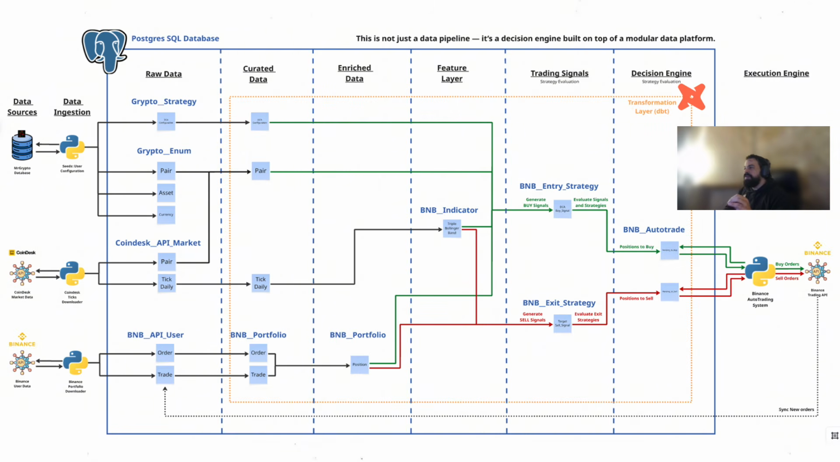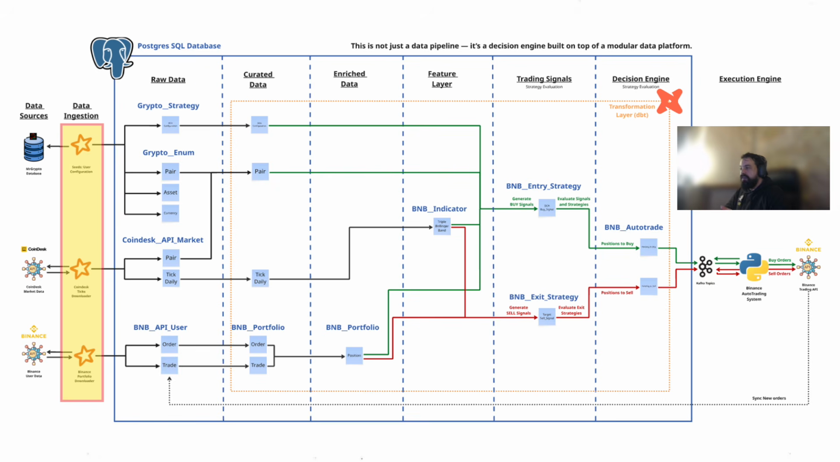Another important aspect of this architecture is that it is designed to evolve toward a more scalable and industrial standard ingestion pattern. In the current setup, ingestion is handled using Python scripts, which keeps the system simple and works well for moderate data volumes. However, if the data grows a lot, this layer could be replaced or complemented with PySpark,